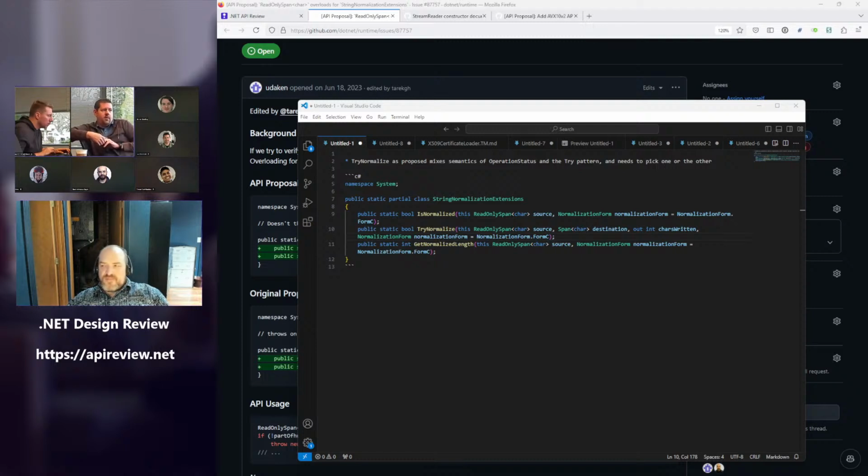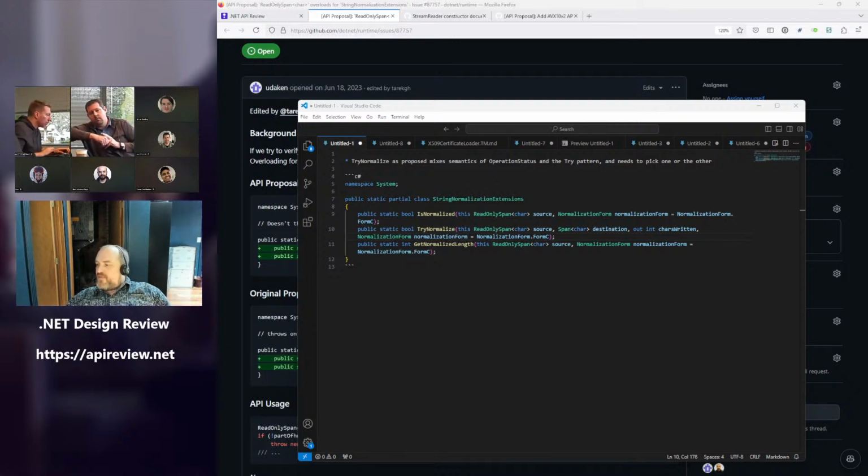So going back to the operation status thing, I'll relent a little bit. If you don't have a chars read parameter and you always output 0 chars written on failure, any type of failure at all, then the risk of somebody abusing operation status or incorrectly interpreting it goes down significantly, I think.